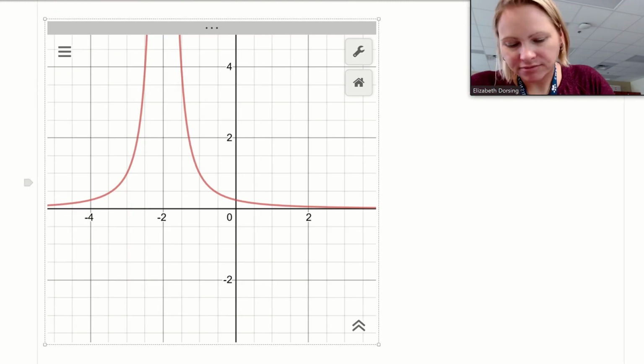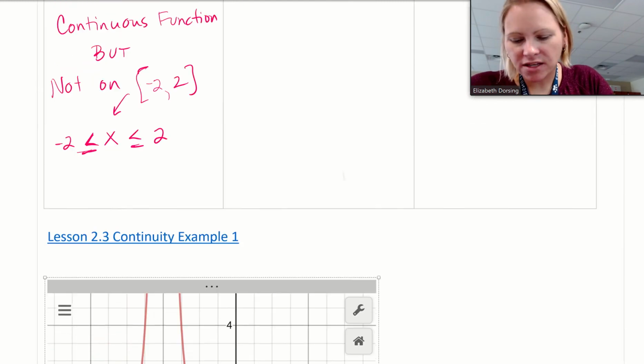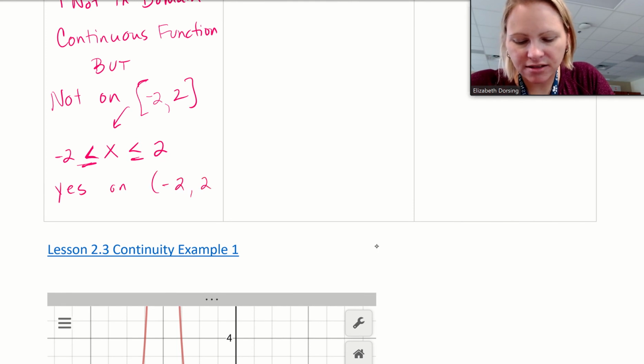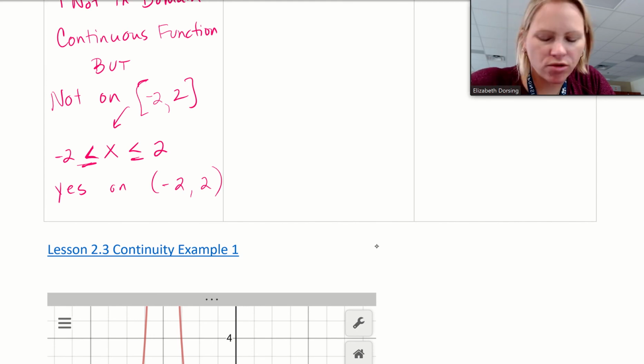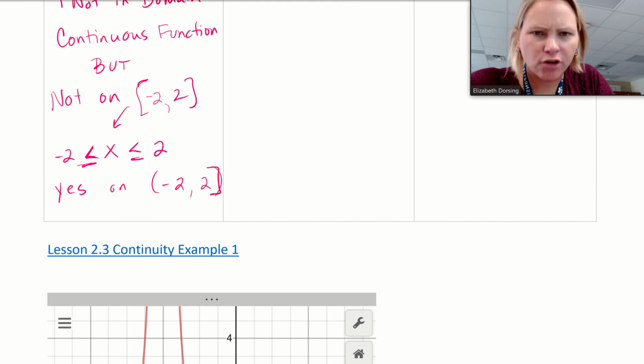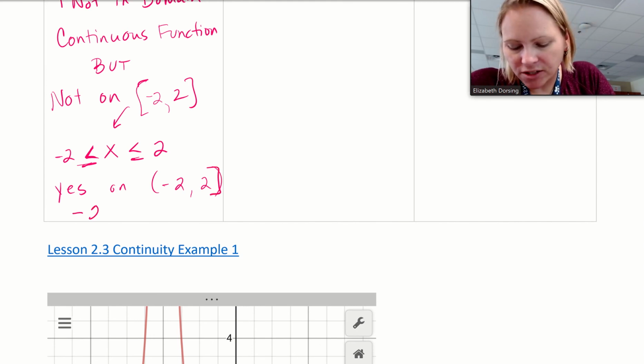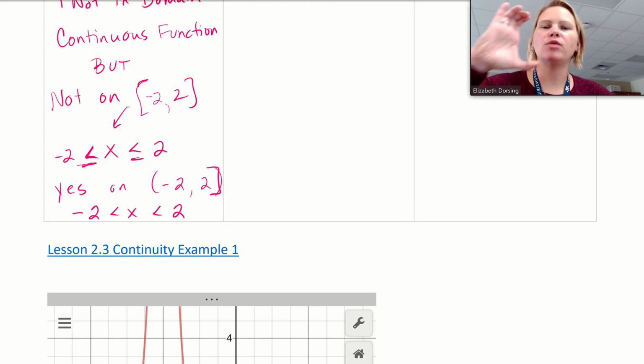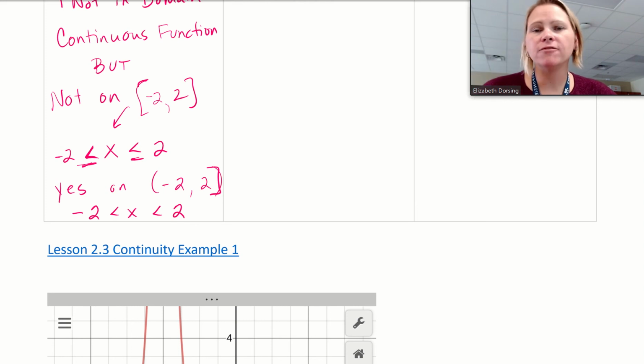However, if I open the interval, all of a sudden, and you don't have to have both ends open, you could close that or leave it open. So if I don't include that -2, all of a sudden I'm continuous on that interval. So paying attention to whether your bracket is closed or open is going to make a difference in your answer,